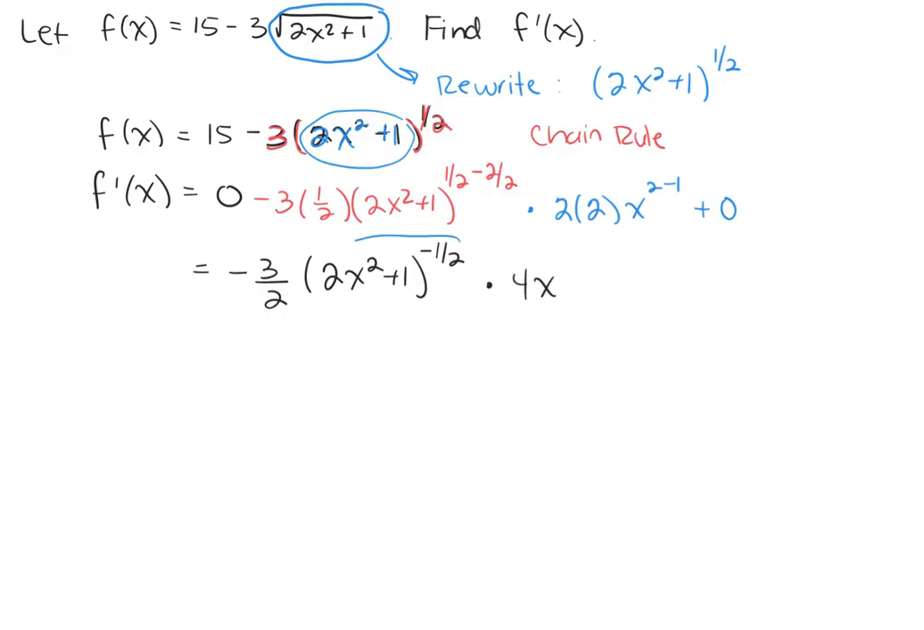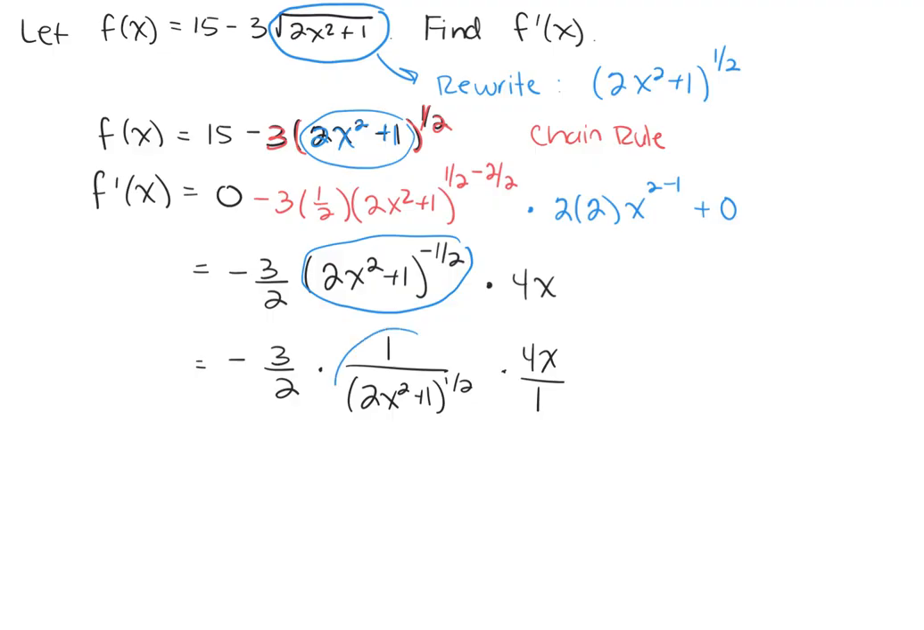Now let's rewrite this part of our answer so we have a positive exponent. So to do that, that's going to be 1 over 2x squared plus 1 to the positive 1/2 power times 4x. And this 4x, I'm going to also write it as a fraction by simply putting it over 1. And then now what I'm going to also do with this term right here is rewrite the denominator. Instead of raising it to the 1/2 power, I'm going to rewrite it using that radical sign, okay? So I've got negative 3 halves times 1 over the square root of 2x squared plus 1 times